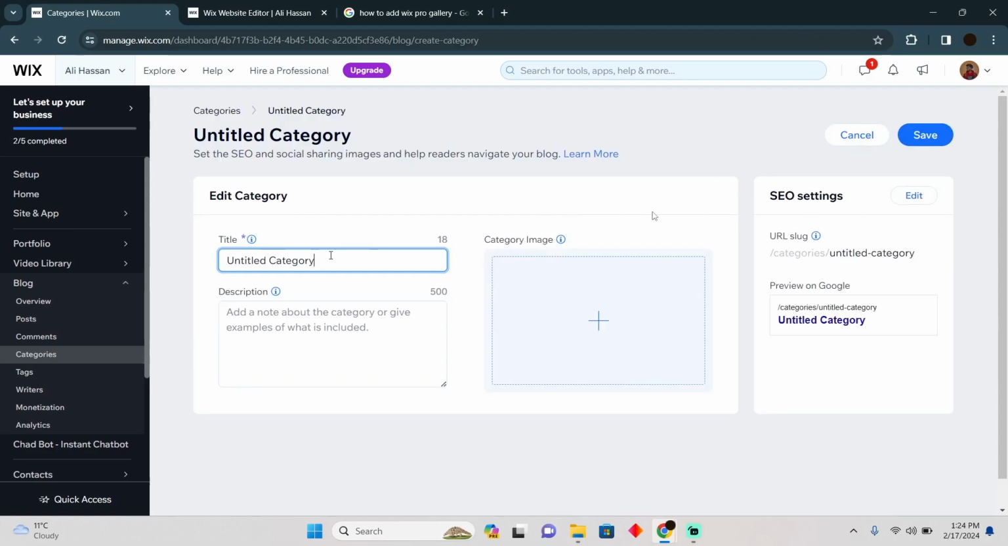And here you can add your new category, you can rename it, and you can even add images, and you can also add a description. After doing everything, once you think you're ready to go, just click on save here. And after that,